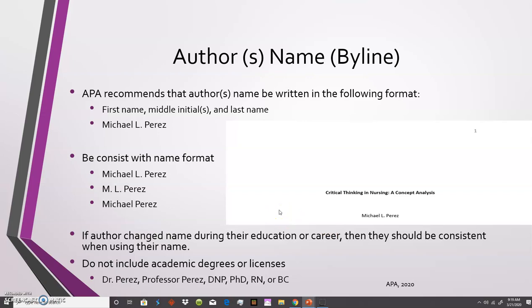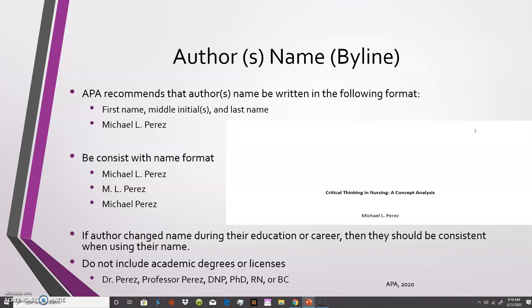So keep in mind, when you're writing the byline, you need to be consistent in how you're writing your name. If you're going to use Michael Perez only, be consistent in all your publications or in all your paper, Michael Perez. If you're going to use Michael L. Perez, then be consistent in using the L. Don't use Michael Perez sometimes, then use Michael L. Perez another time, or use ML Perez. Be consistent. This will allow librarians and other people to identify your work as you,